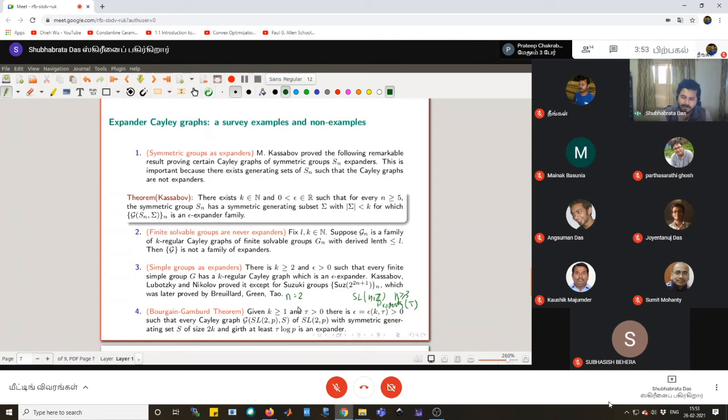So after a long time, this result by Bourgain and Gamburd proved that for k greater than or equal to 1, there is some expansion coefficient tau greater than 0 such that the Cayley graphs of SL_2(Z/pZ) with respect to a generating set of size 2k